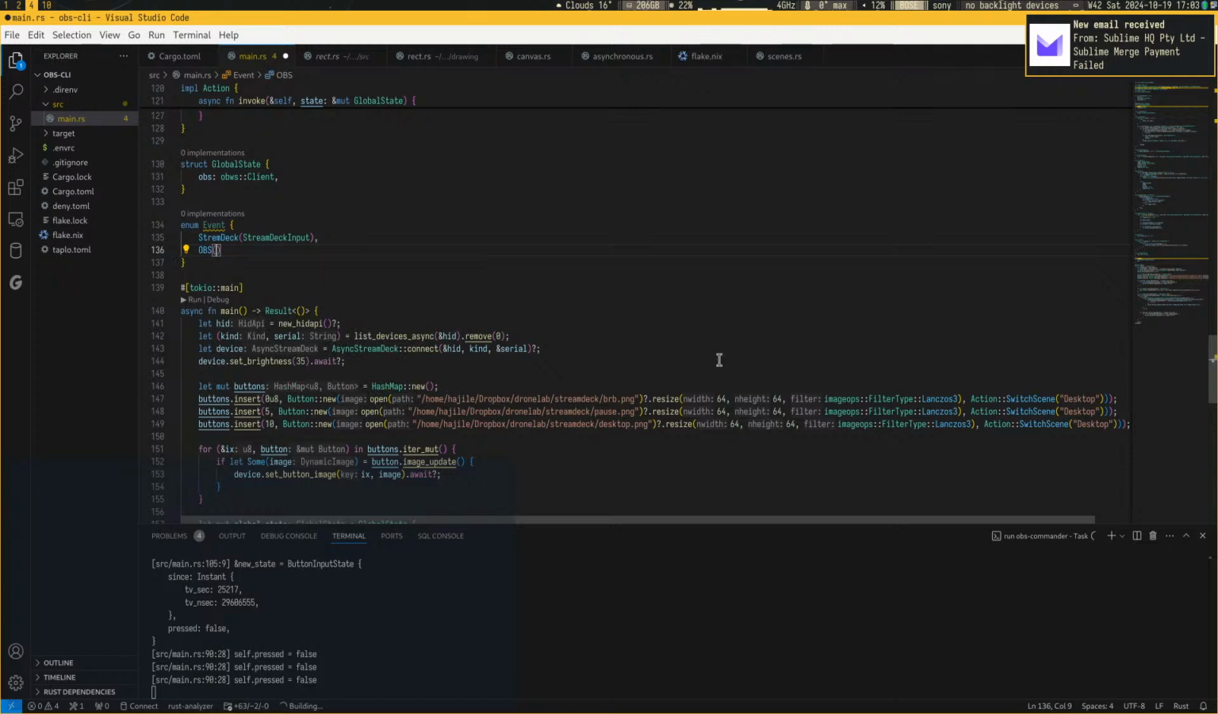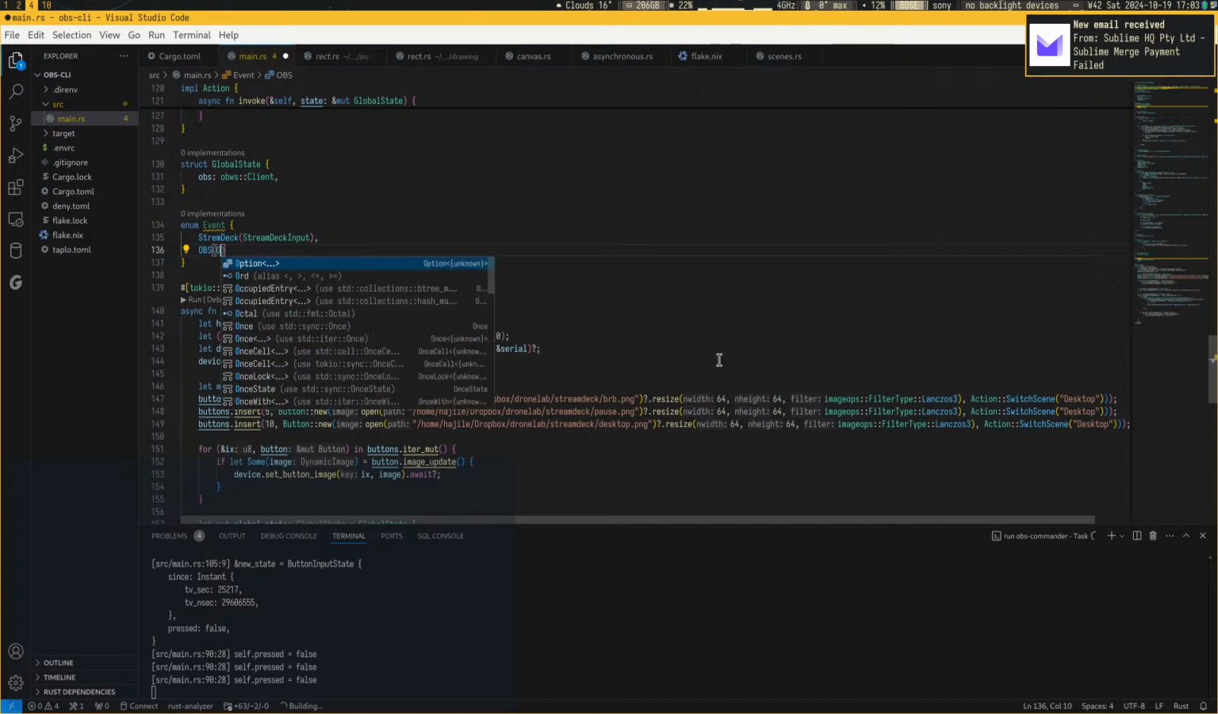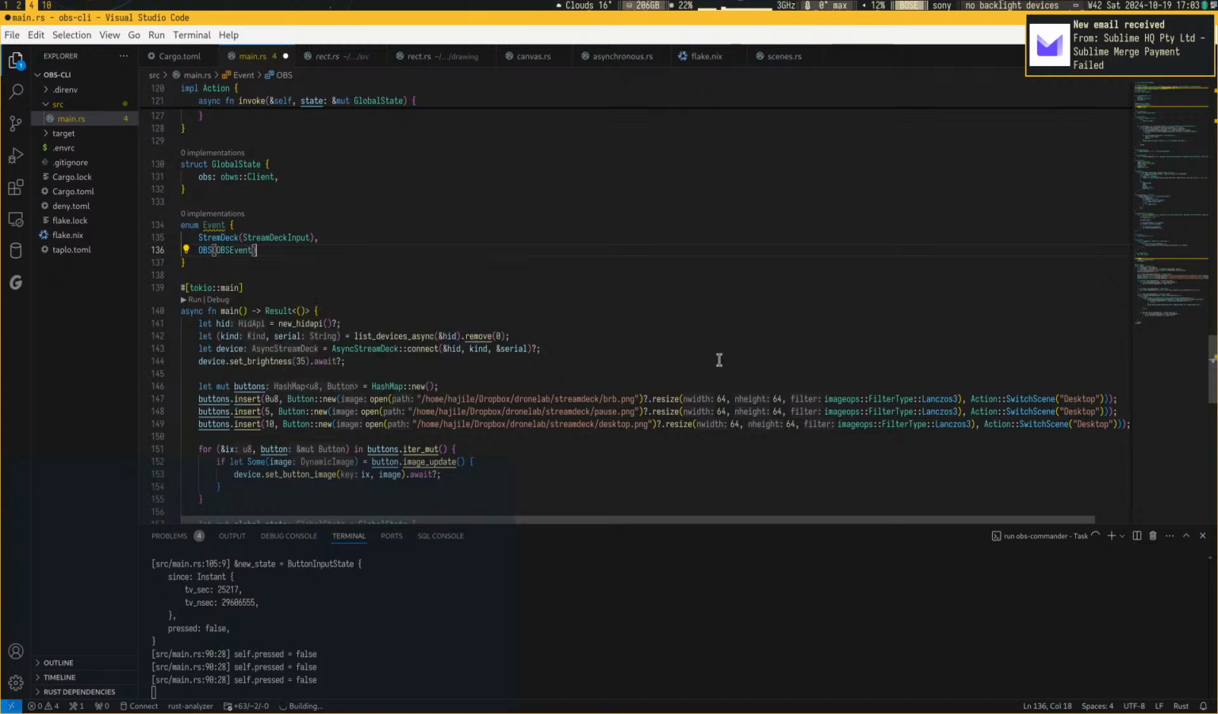For example, when the connection to OBS fails, we should also be able to show it somehow on the deck that something's wrong with OBS itself, at least the WebSocket API. Okay, so OBS event, that would be another kind of event, maybe? Maybe just